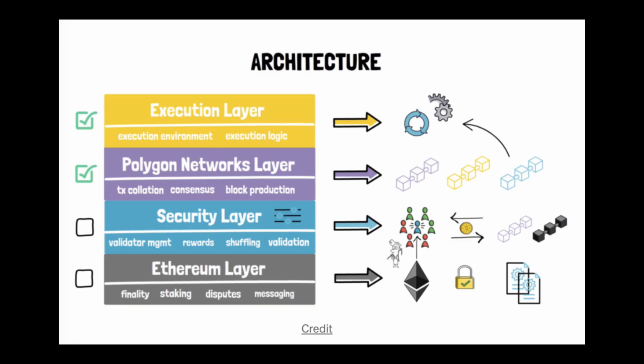So here's the thing. For Ethereum, projects share the same network and the same throughput and all the problems on Ethereum. So what Polygon does is that it literally layers on top of Ethereum. And here's a nice architecture picture of what each layer does. The two that Polygon focuses on are the Polygon and execution layers. The Polygon layer basically combines transactions that are not on Ethereum yet. And it produces a block that gets executed on the execution layer, which would then help execute the transactions on the blockchain.